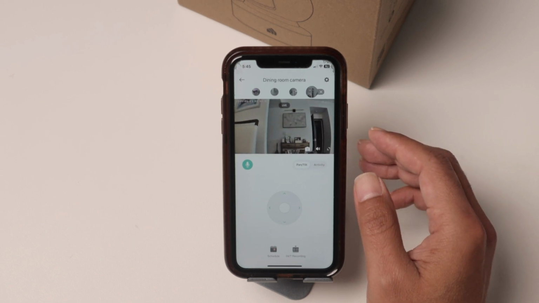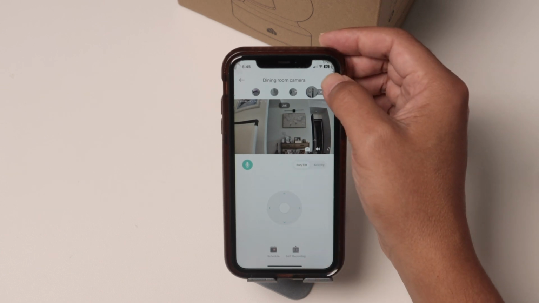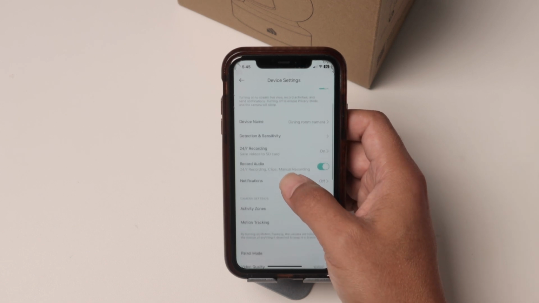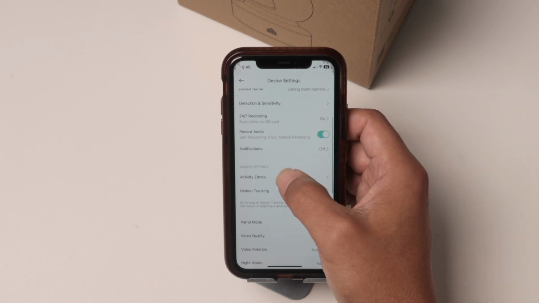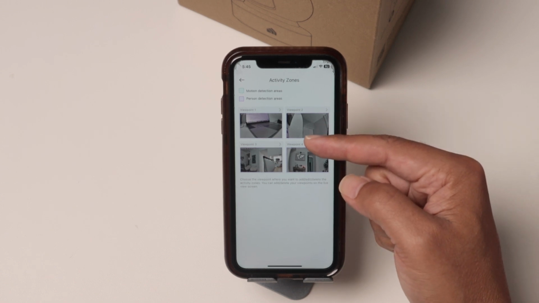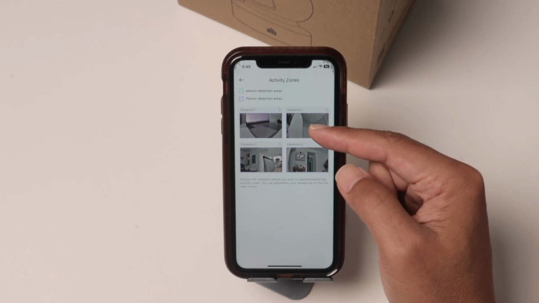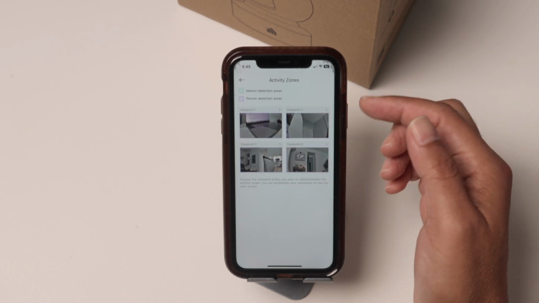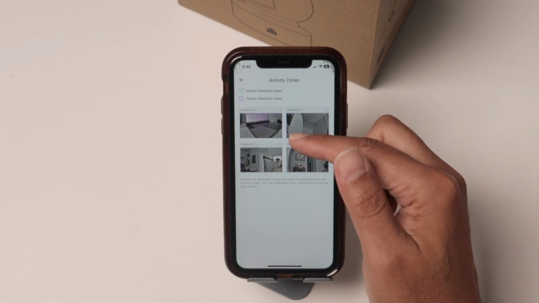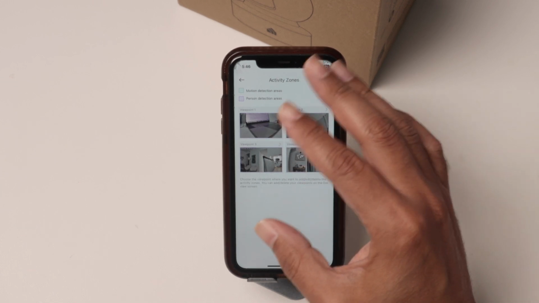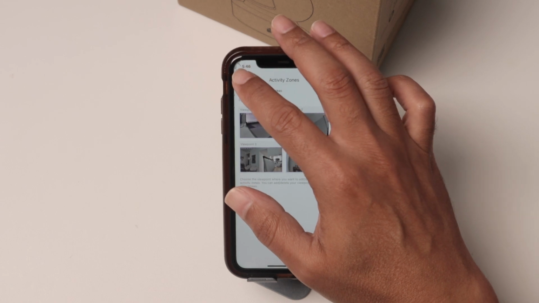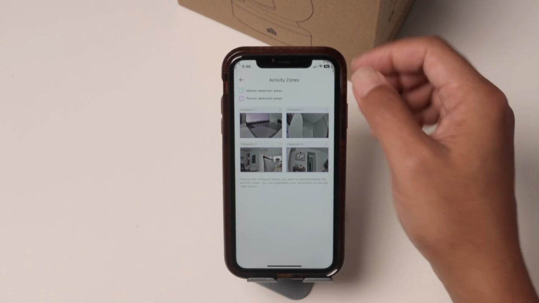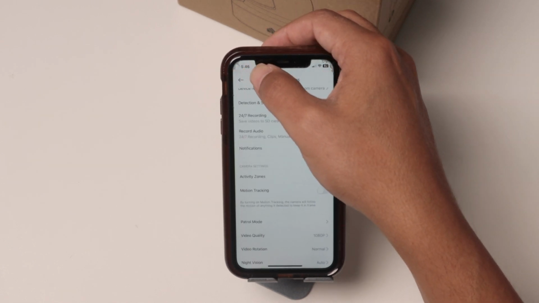So it's pretty useful. And to set this up, you just need to come here to the settings. And then you see that you have here the activity zones. So just make sure that you have the areas that you want, okay? Those are the viewpoints. So I can basically select a new viewpoint. I just move the camera to the position that I want, and I set the viewpoint. And then I have the location ready to go, okay? As you can see here, I was testing before, so I have different viewpoints here. If I save it, it's going to use this one, but the camera is back there in the other room